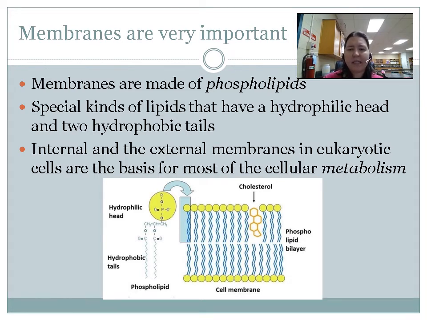All right, and then what they do is they kind of create a barrier, and they create various barriers. So there's the big one that basically surrounds the entire cell, and then in eukaryotic cells, which we're going to talk a lot more about, if you don't remember that word, that's okay, but you are filled with eukaryotic cells. Eukaryotic cells have a lot of membranes inside the cell that is really important for making things happen. So we're going to talk a little bit more about that in the context of the organelles this chapter, but then next chapter we're really going to focus on the membranes.